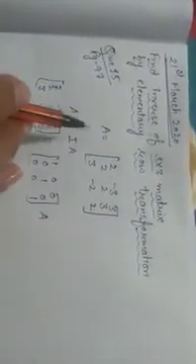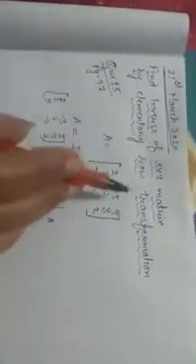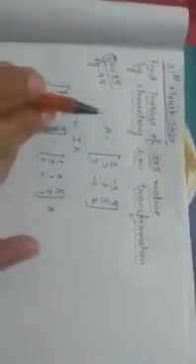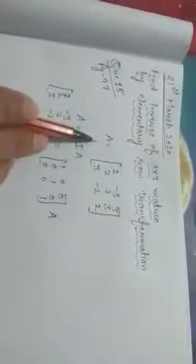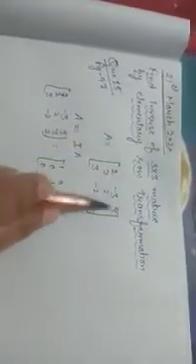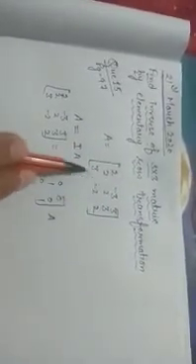Dear students, in the last lecture we discussed the topic of finding the inverse of a 2 by 2 matrix by elementary row transformation. So we will continue our learning from the same topic, finding the inverse of a 3 by 3 matrix by elementary row transformation. Suppose a matrix A whose elements are 2, -3, 3, 2, 2, 3, 3, -2, 2.